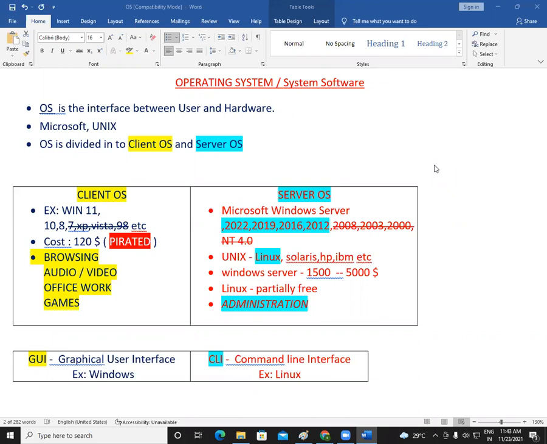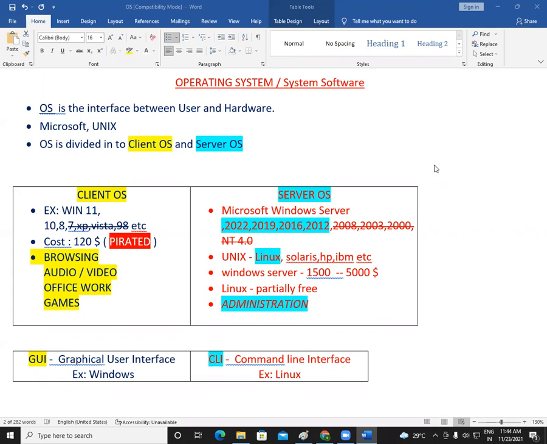If you go with your Google Pay or PhonePe or Paytm, whatever app you're using, every month, every 40 days, every 15 days, you'll get a message there: new updates are available, so kindly update your app. So what are these updates? Updates mean you're getting new features, and whatever bugs and issues are available will be removed. So updates are very, very important. If you are using a pirated OS, there are no updates available for you. That is one disadvantage.